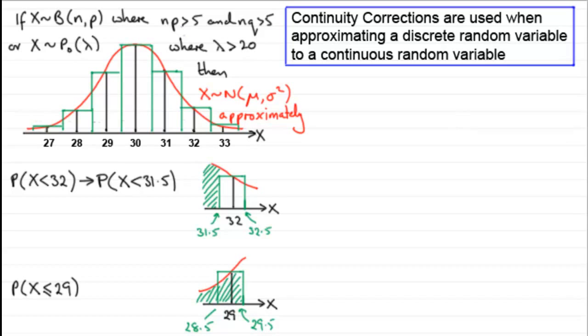So with the continuity correction, this is the same as working out the probability that x is less than 29.5. Notice we don't put an equals here when we're dealing with a continuous random variable. So it's the same as working out that x is less than 29.5. Okay, now that again isn't the only thing that we can have, because